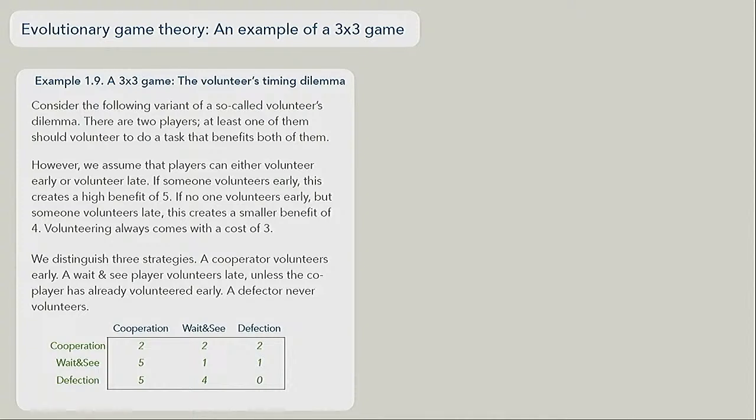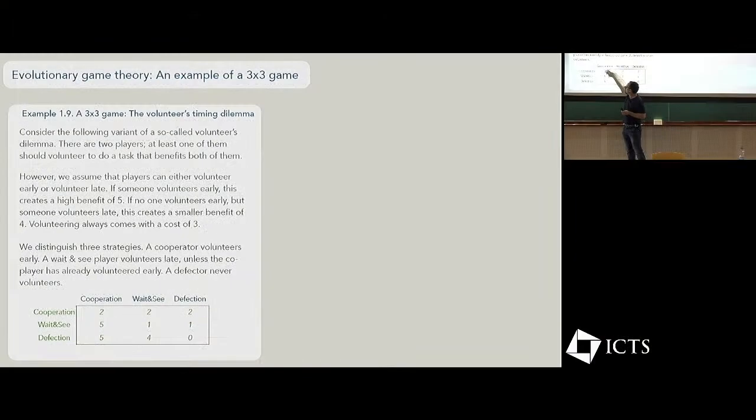We can analyze this. So in particular, if you only look at this 2x2 game here, you could see that if my co-player cooperates, I would rather not cooperate. So therefore, a pure cooperation population cannot be stable. But also, if everyone plays wait and see, I would rather not play wait and see. So therefore, a pure wait and see population is also not stable. So what you would see here is a